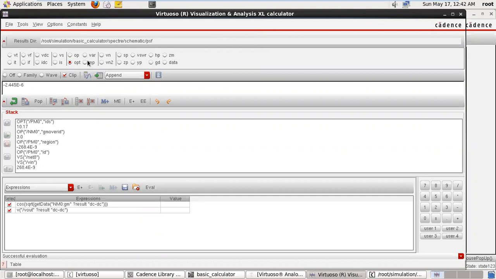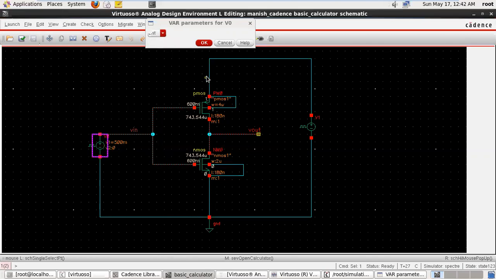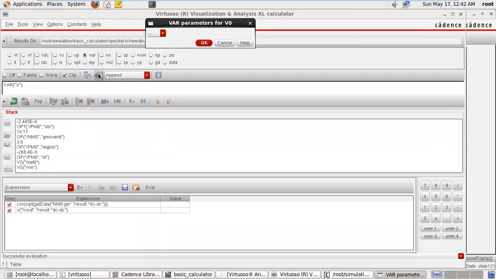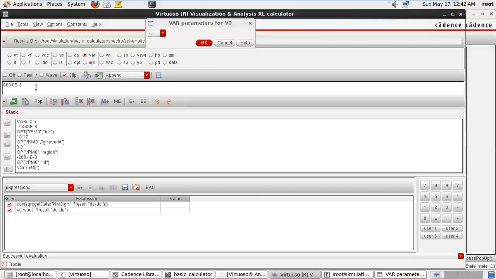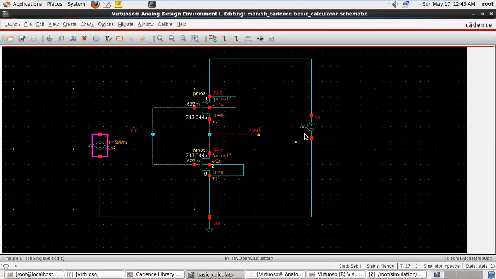Okay, now variable. This is variable. Suppose you have any, what is the role of this variable? Okay, VB0. So this is for the variable sweep. We have the variable X. So just click here. So variable X value, by default we have taken the value X. Okay, variable parameter. Now suppose go to the calculator and select here.